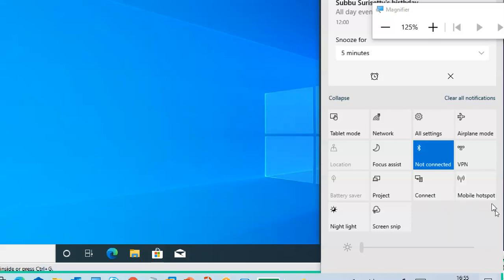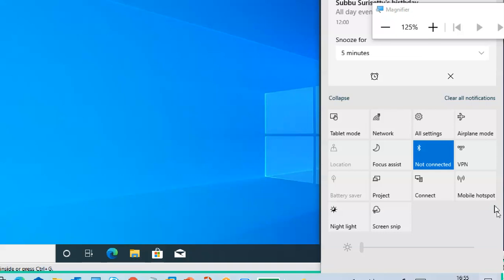Like how you do a mobile hotspot from your mobile phone. What is the condition? We make our phone the host, and we connect other devices to our phone.